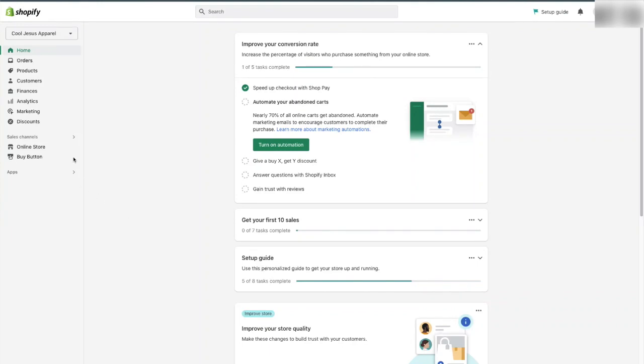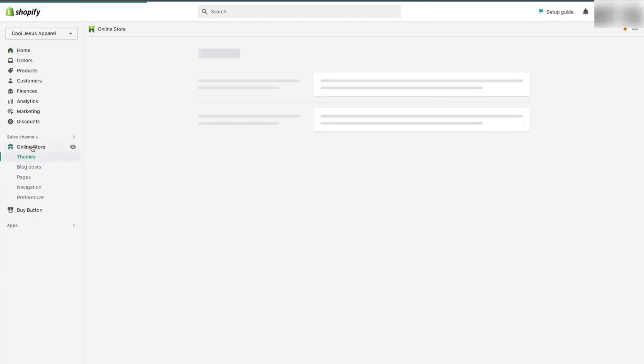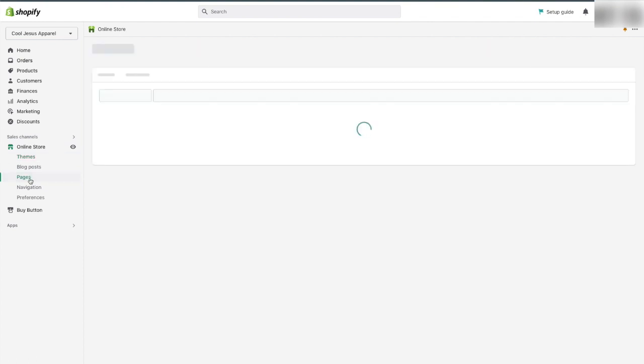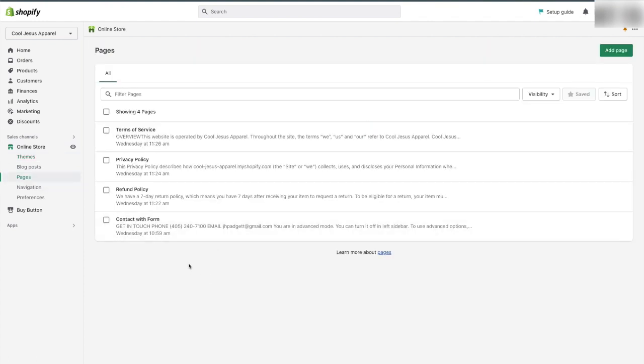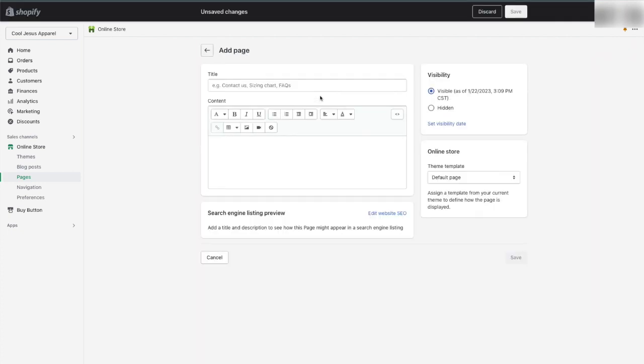All right, here we are going to be adding a page to our Shopify store. To do that, we go to Online Store and then Pages. And here you can see I have some Terms of Service policy pages, but right now I want to create a subscription page. And we are going to call it